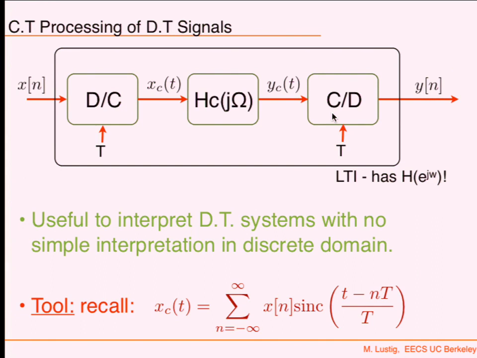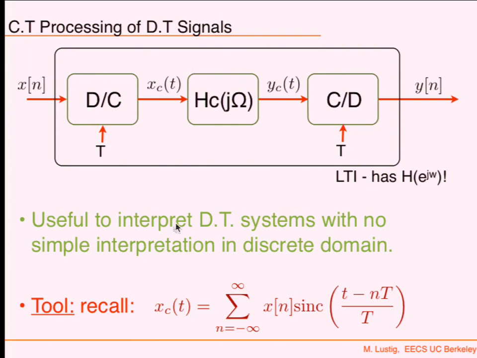What if I modulate my frequency domain by a phase which does not correspond to an integer shift in the time domain? Right? If I compute the DTFT of my signal and I multiply by some linear phase that does not correspond to an integer shift in the time domain. What does that relate to? I mean, it's not obvious to see what's going on in the discrete domain, but it's obvious when you think of the continuous time.